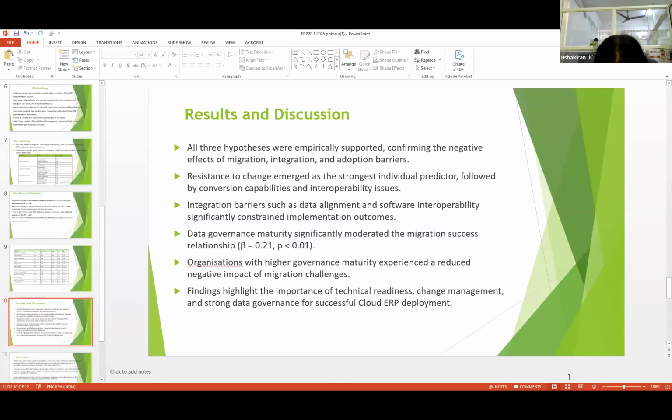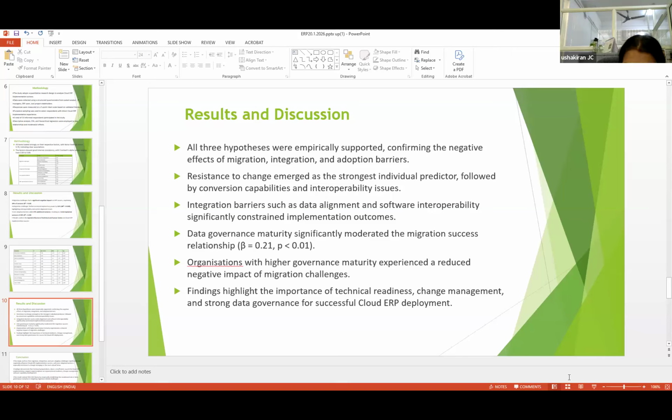When we discuss the results and key observations, resistance to change emerged as the strongest predictor of ERP implementation failure, and it is the biggest roadblock for ERP implementation. Then integration issues such as data alignment and interoperability significantly constrain success, and data governance maturity significantly moderated